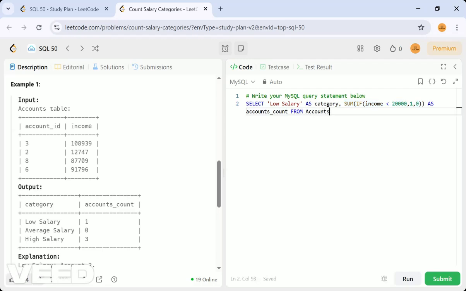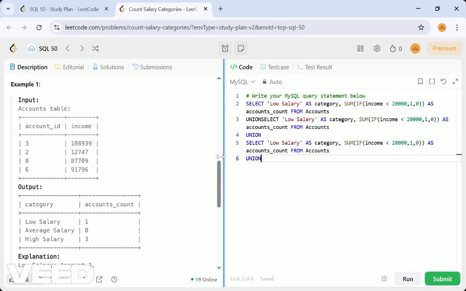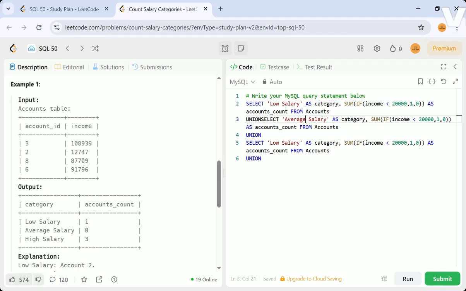We also want average salary and high salary. For that, I'm just copying this part and pasting it here. Similarly, one more time. This time we get average salary as category, and the condition has two parts.